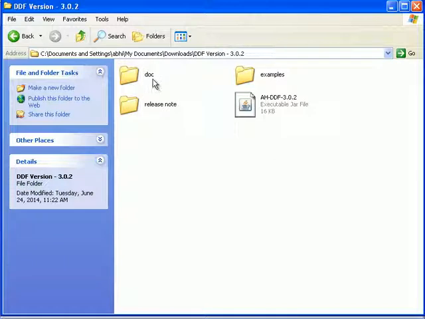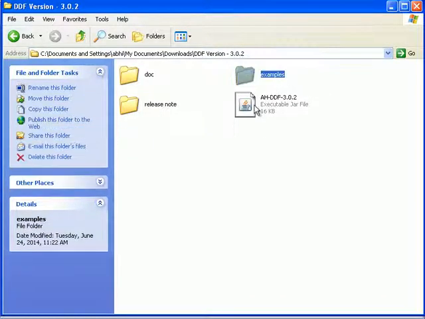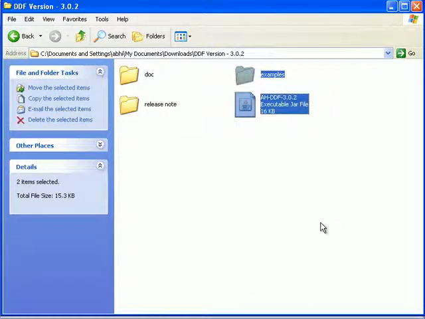The zip file contains the Java folder, examples, and release notes. In the release notes, you can track what the changes are from version to version. These are the two things we need if we want to run the sample program for reading the test data from the XML file.